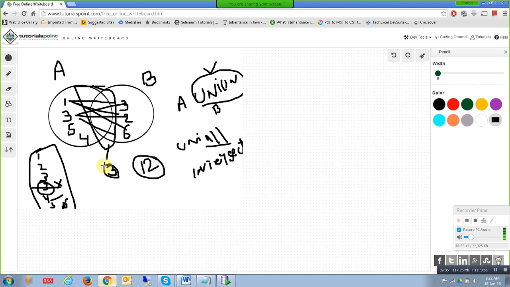So if I say A minus B, the records that are present in A and not present in B, only those records I will get. See this, the records present in A are 1, 3, 5, 4. So which values are not present in B? 1 is not there, 5 is not there, 4 is not there. So I will get 1, 4,